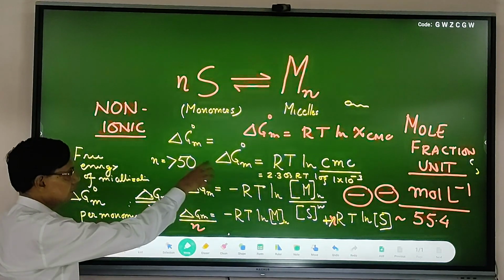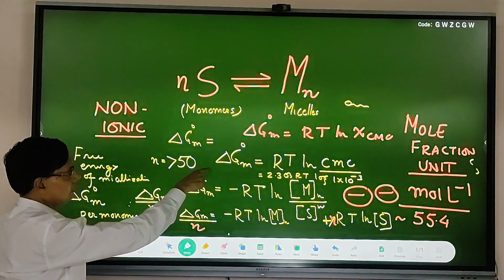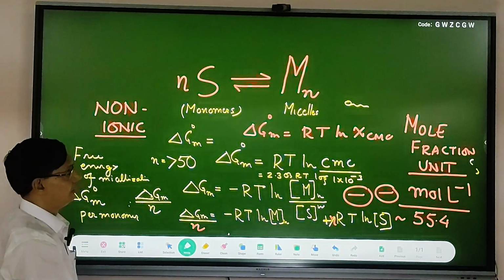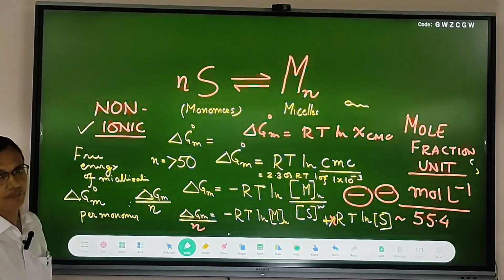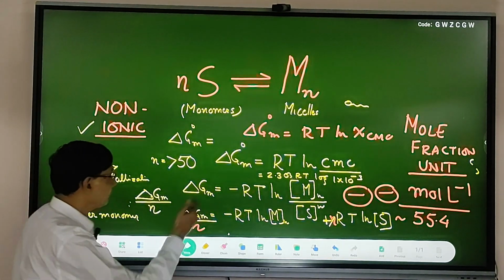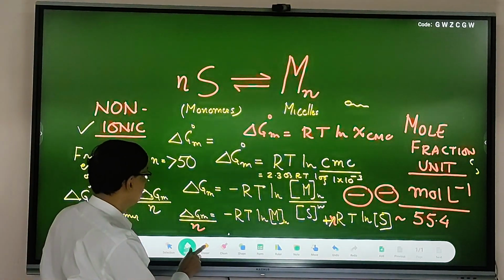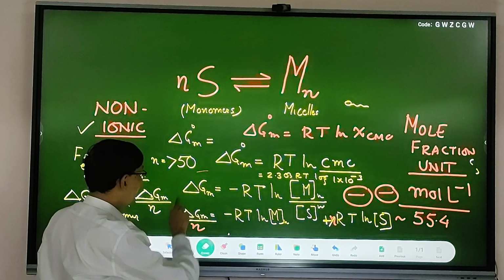Now this is the first parameter, which is called the free energy of the micellization. Again, I am talking about the non-ionic surfactant. Now the second parameter is called